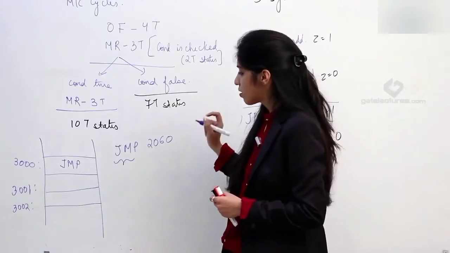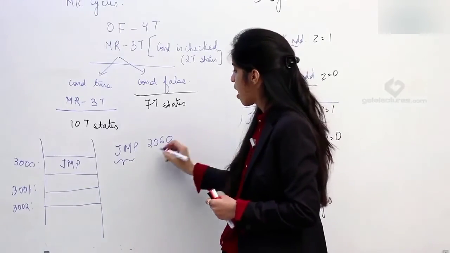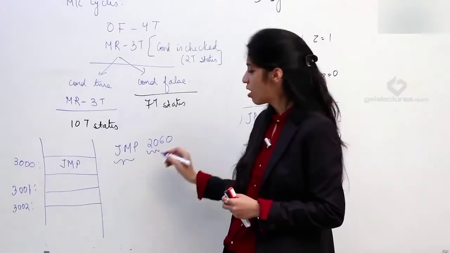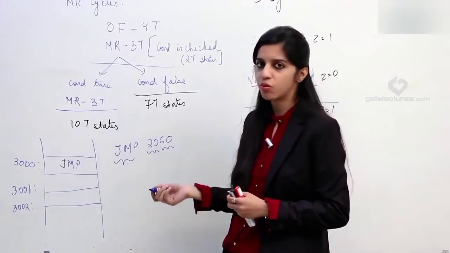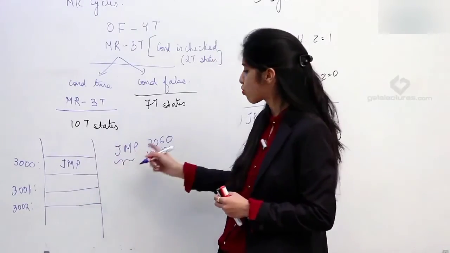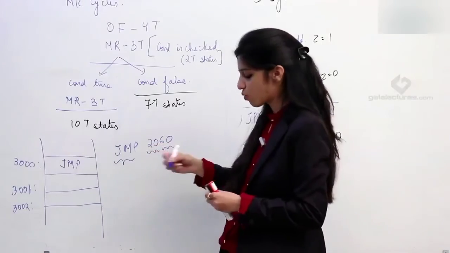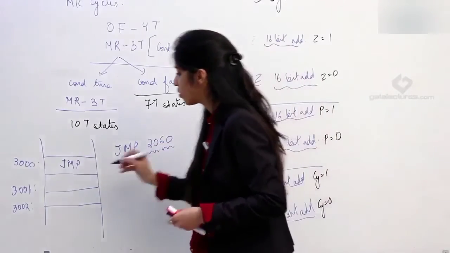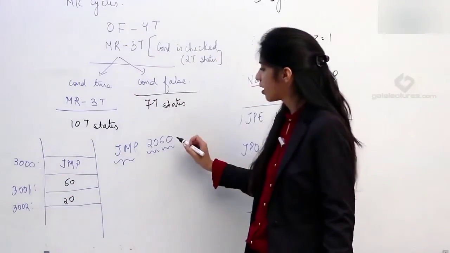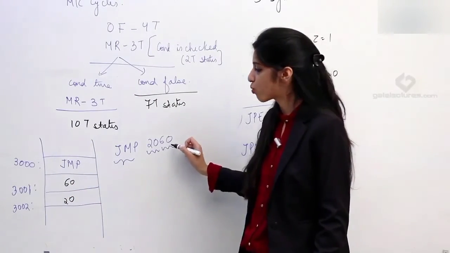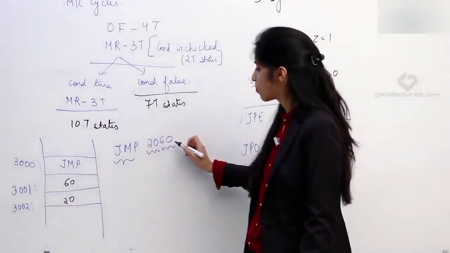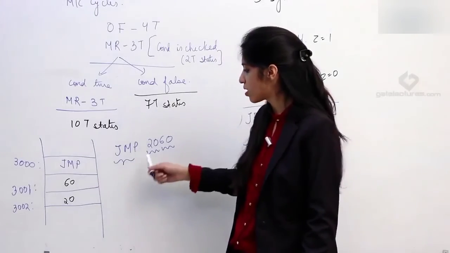This is 1 byte of instruction, next 2 bytes are the address. One thing that you can always remember is, higher bits of the address are stored in higher memory location. Lower bits of the address are stored in lower memory location. That is, when we are storing this instruction, you are going to store 60 first, and next you are going to store 20. Here you are going to have 60 and here we are going to have 20. 3001 is lower than 3002. So lower bits of the address we are going to store in lower memory location,